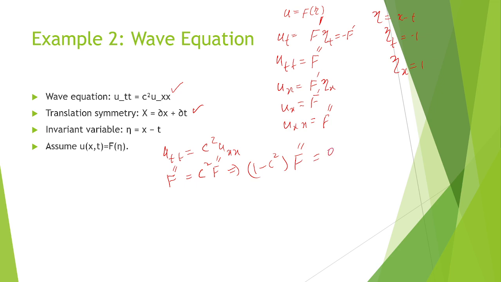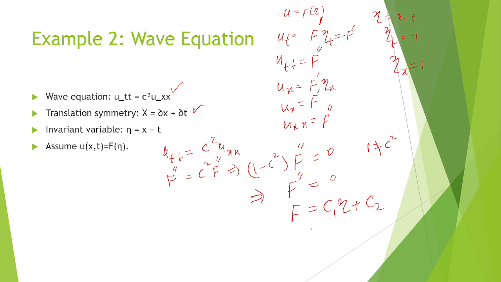So I'm not taking 1 to be equal to c squared, so that implies f double dash equal to 0. So this is now an ODE because f depends only on one variable, which is eta. Okay, f double dash equal to 0, and we can easily integrate it. This will give me f is equal to c1 eta plus c2,